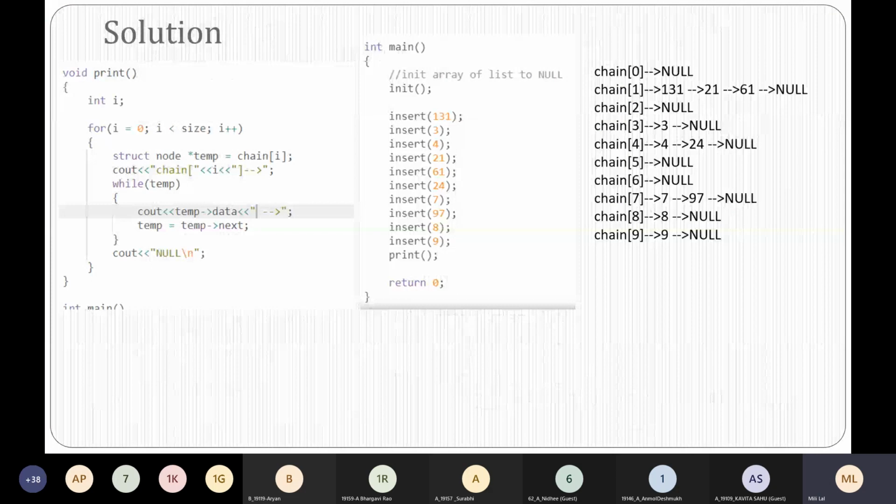So we can go to the next slide if there is no doubt. In the previous slides, we have seen the algorithm. Now you can see how to build the program. We need a main function and we need to display how the particular hash table looks. So in the main function, you will call the init function. Init function is a function wherein you initialize the nodes to null, and then you call the insert function for placing the values into the hash table, and at the end you call the print function, which is given at the left end of this slide, which prints all the buckets of the hash table in the output format. So can you see it? I hope you've understood it.